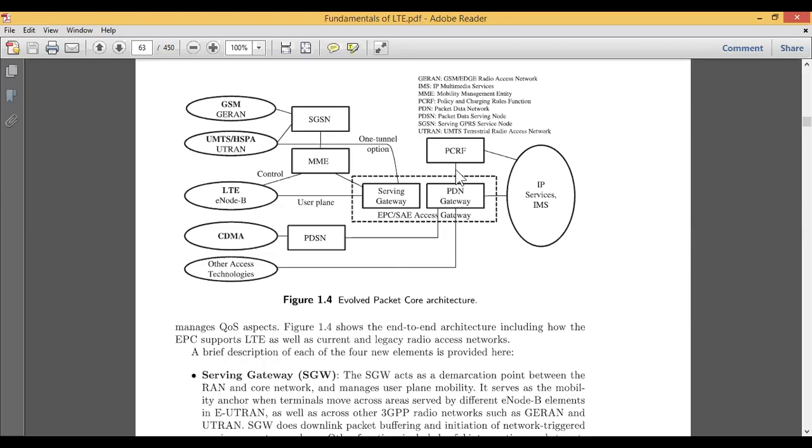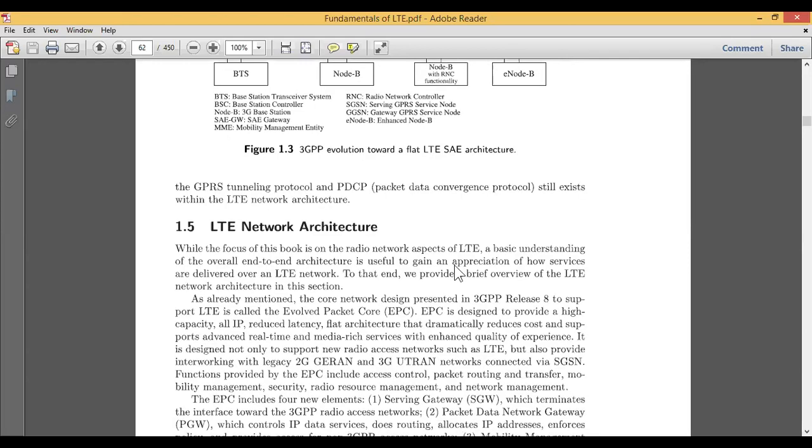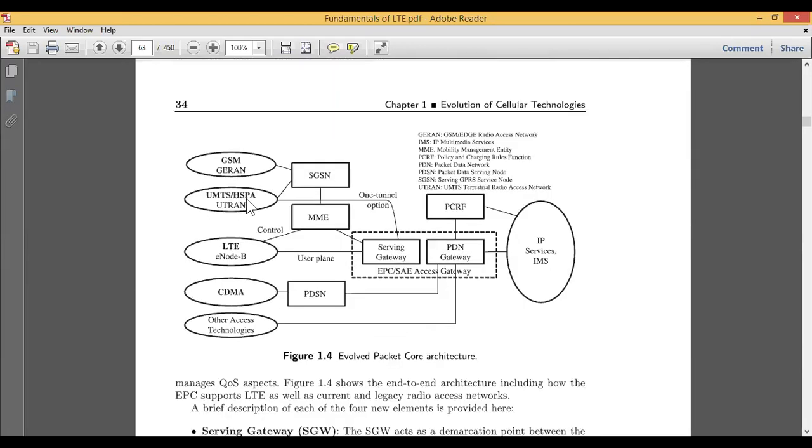Now just look at this particular diagram here. One is the GSM, which we also call GERAN. GSM is the Global System for Mobile communication. It's a radio access network, GERAN, which is a GSM radio access network. This is one type of service which is directly connected to the SGSN. If you look here, SAE is directly connected to the MME and eNodeB. So here we have the SGSN. It is just an intermediary box which is connected between the services and the Node B. The second is UMTS or HSPA.